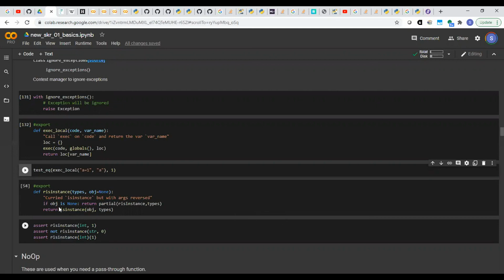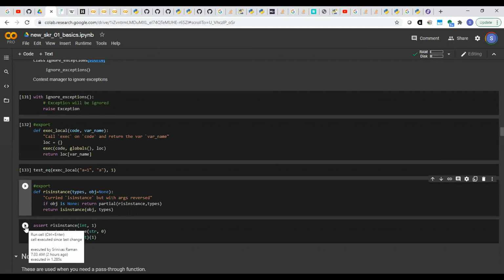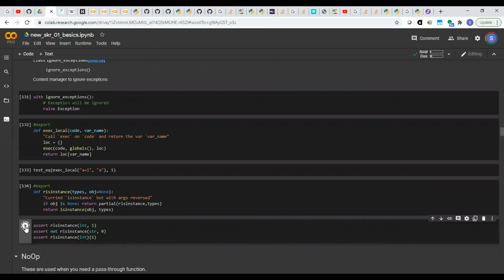That means it says if object is None, I'm going to return a partial of r_isinstance with types, and the types is int here. So what you get is r_isinstance(int). So now it knows that that's what it has. Then you again send it 1, and it will say, oh, I now have to check whether 1 is an int, and it will still say that's true, which is why it will not flag any assertion errors. And you'll see that a lot more in use, and get a better understanding of it, as we get into